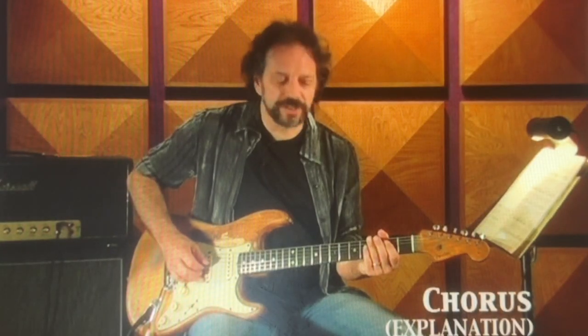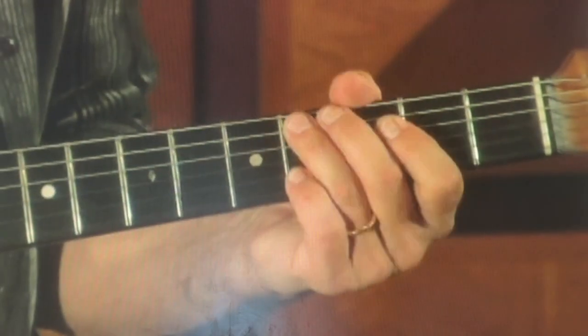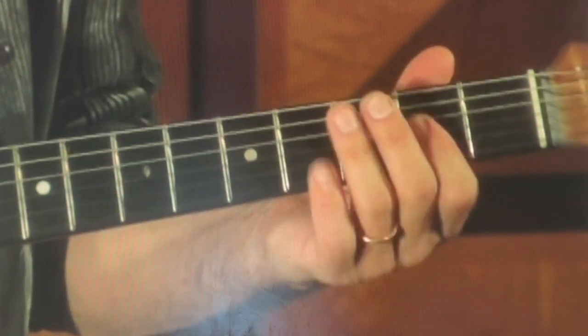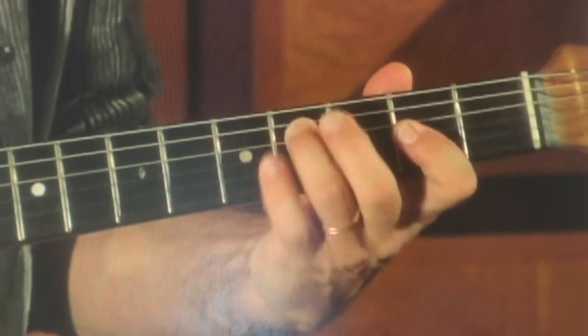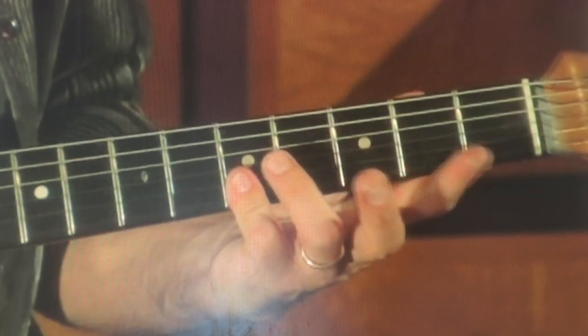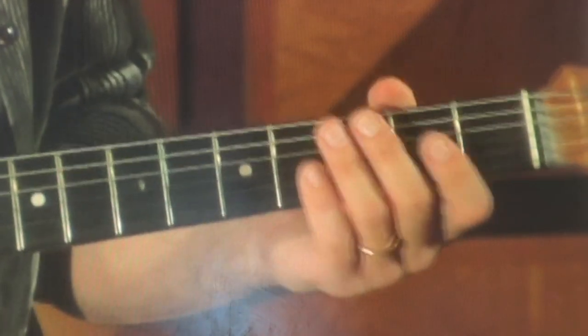All right, for this chorus section, Jimmy takes that C sharp lick and he just transposes it up to F sharp. And hits this 2-note figure fretting the top 2 strings at the 5th fret. So one more time, it's